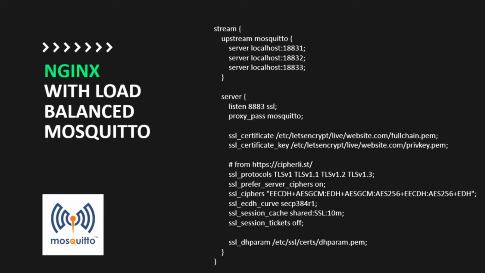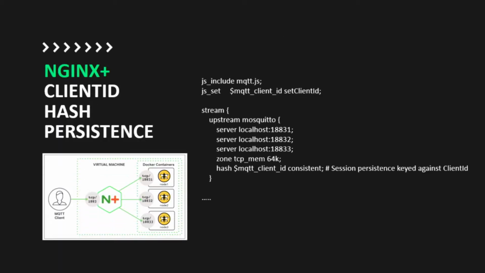Okay, so on the NGINX side, basically I'm just passing through to an upstream, and you can have one or many servers as part of that to do some load balancing. Pretty easy. The ports you need to know for Mosquitto MQTT is 1883 for unsecured, and then 8883 for secured. Of course, we only ever trust secured ones, right? Yes. There's some funky stuff you can do on top of that as well. So Liam Crilly did a really good post, and I'm going to reference it right at the end, just about using hash persistence as part of the upstream. Of course, using JS include, which, JS include is awesome.